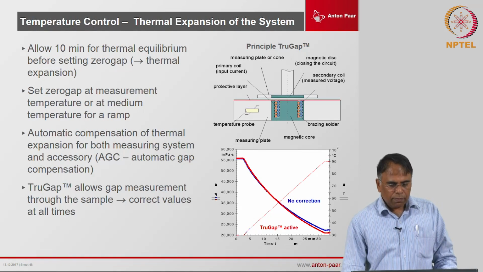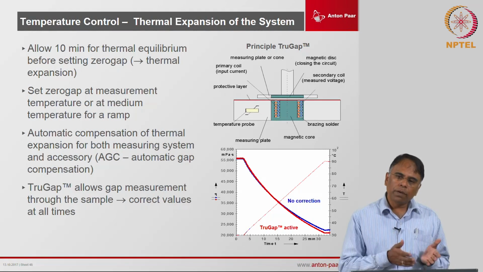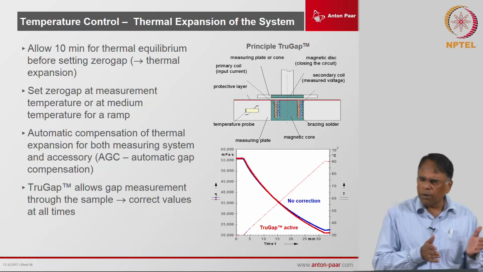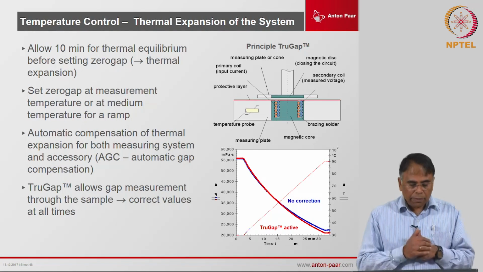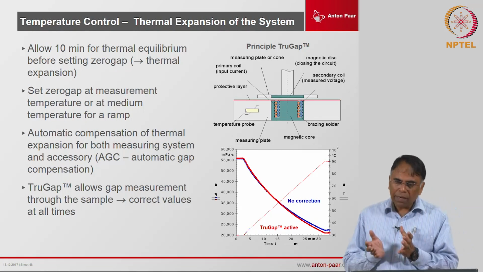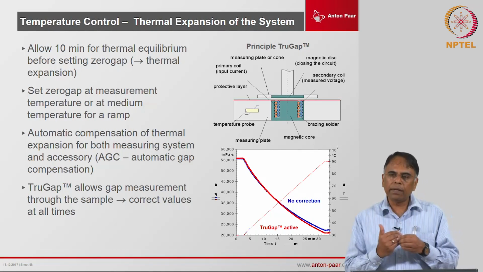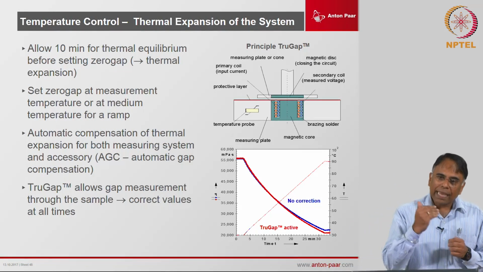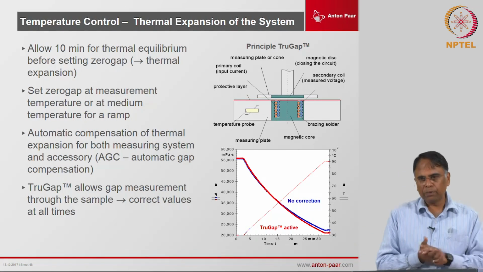Also, the thermal expansion of these systems has to be considered. If you take the cone and plate, then of course you cannot do a temperature sweep with it, as you can with a coaxial cylinder. There is a possibility, with special geometries that have sensors in the upper and lower geometries which can track the gap accurately, that we can even do a temperature sweep on the cone and plate.